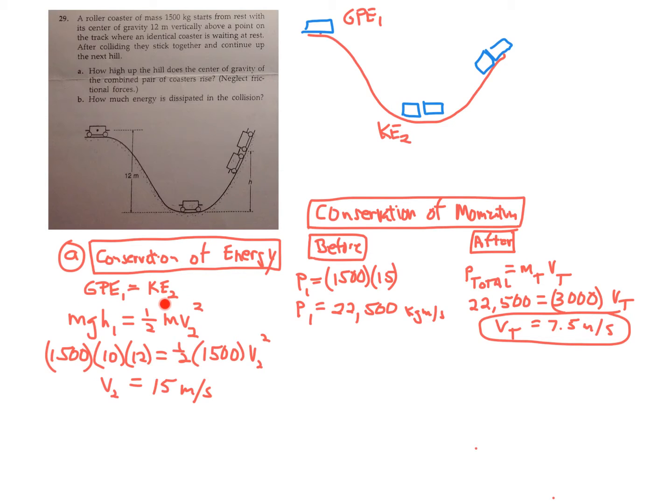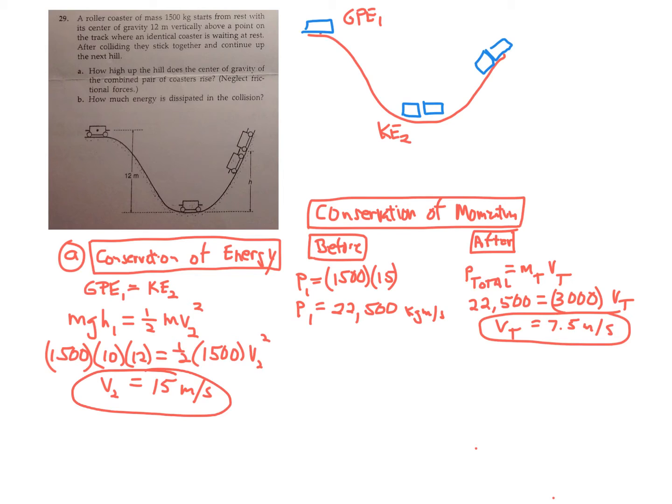Its kinetic energy just before it hits the second car will be equal to 1/2 mv squared, equal to the GPE 1. And you figure out then that the initial velocity, well, the velocity at the bottom of the hill will be the 15 meters per second. Once again, you don't even need to know the mass of that car to do that